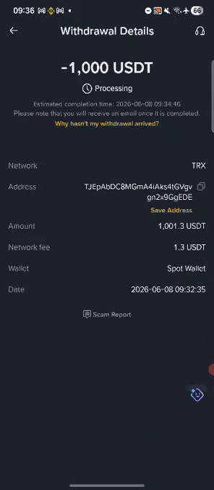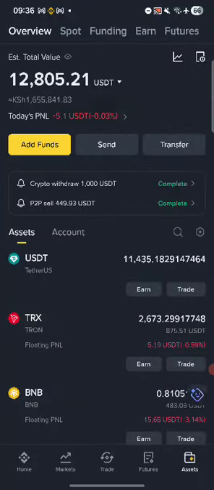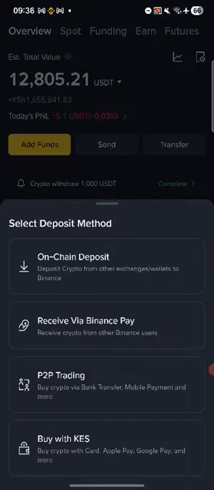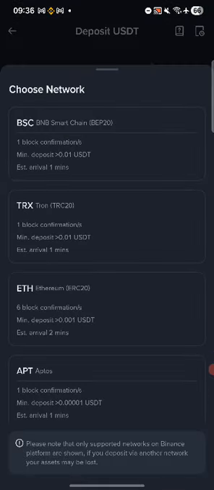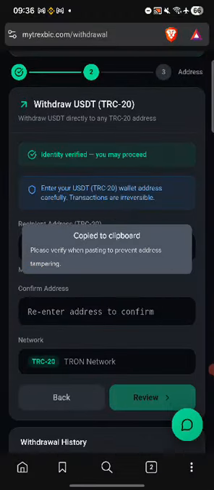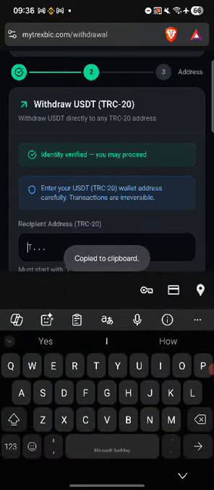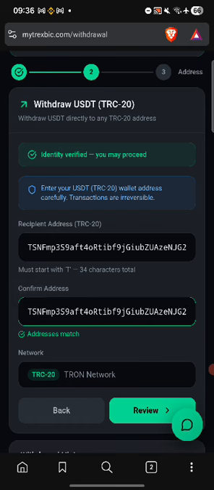I'll go back to my Binance, and guys, I'm going to click on add funds, on chain deposit, and I'll choose USDT, and TRX. Copy the address, guys, slowly and carefully, and I'll paste that address here, and I'll repeat the address here, and then guys I'll click on review,